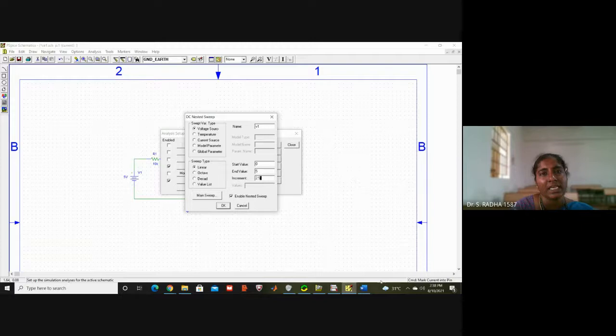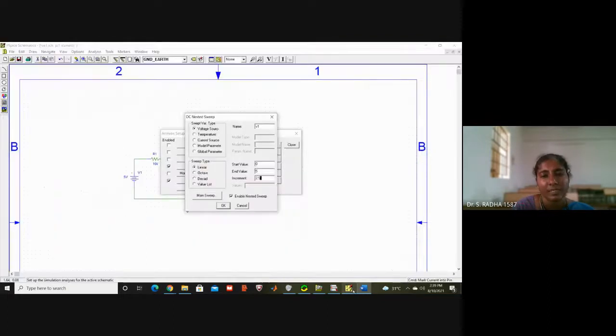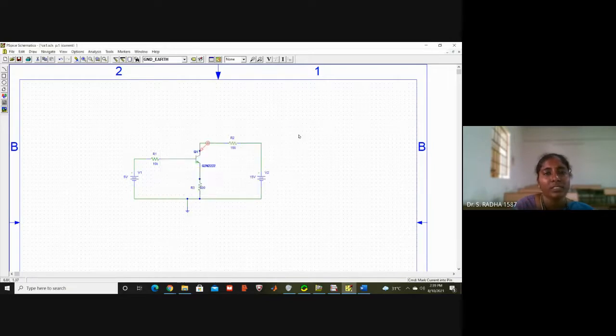So here you have a lot of graphs. If you want a bunch of graphs, you can change this increment. If you put 0.5, 11 graphs will come, 0 to 5 with 0.5 steps. This is the secondary sweep. We are putting the input side voltage, and the current probe we have connected at the output current. Now you click on simulate, run the schematics.